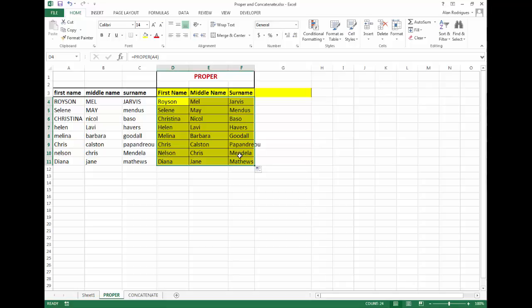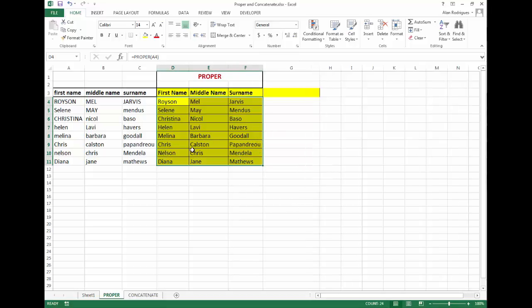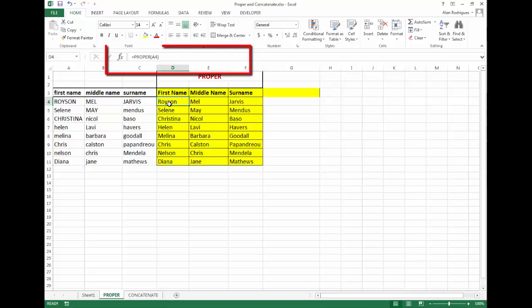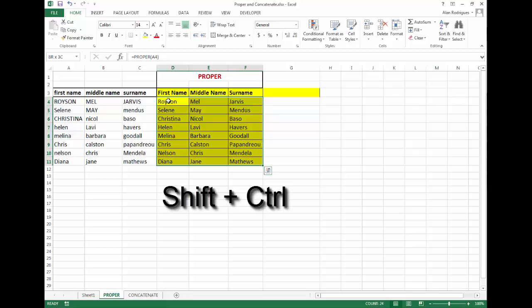Now I want to keep the fresh list with proper case, which is colored in yellow, and discard the old list of names. But I won't be able to do it right now since the formula bar still shows the formula instead of names. You can see it here. So here is the solution. Select the entire proper case data colored in yellow. You can use the keyboard by pressing Shift, Control and arrow key, where all the data gets selected.